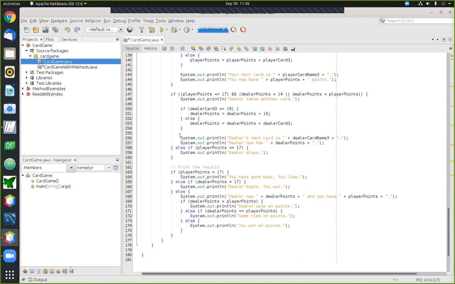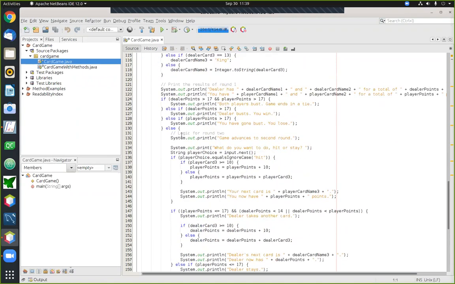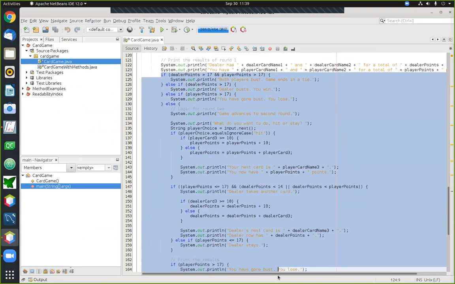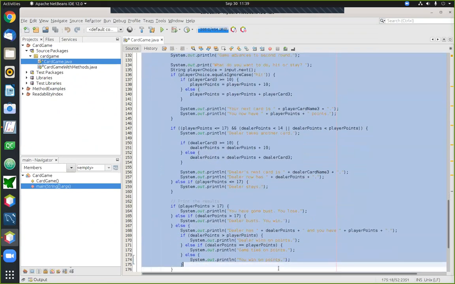Because what we have to do here is manage a lot of complicated logic involving the rules of the game. So at various points along the way, we have to ask questions about how many points each of the players have. And most of the complexity in this particular piece of code is in asking all the questions that are necessary to play the game successfully.